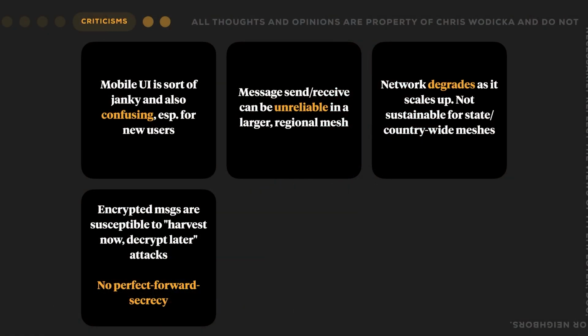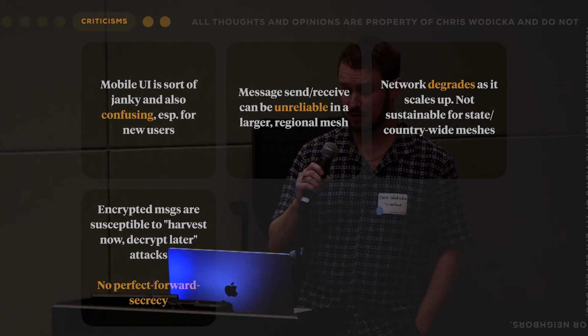Another thing on message encryption is that you have the option to send encrypted private messages to people in various forms. I just want to call out that messages that are sent encrypted are susceptible to harvest now, decrypt later attacks. This basically means someone could run a honeypot where they are capturing message content coming through a mesh.